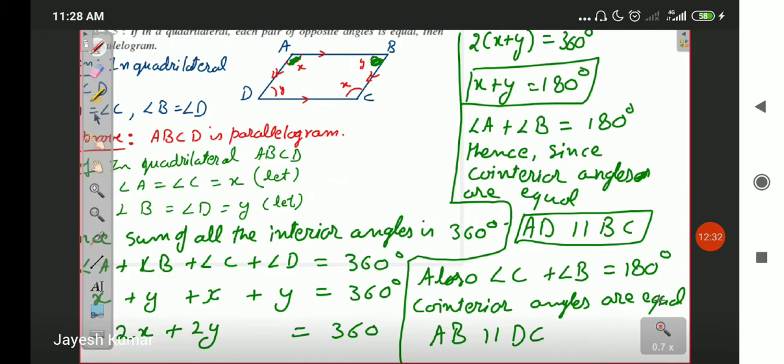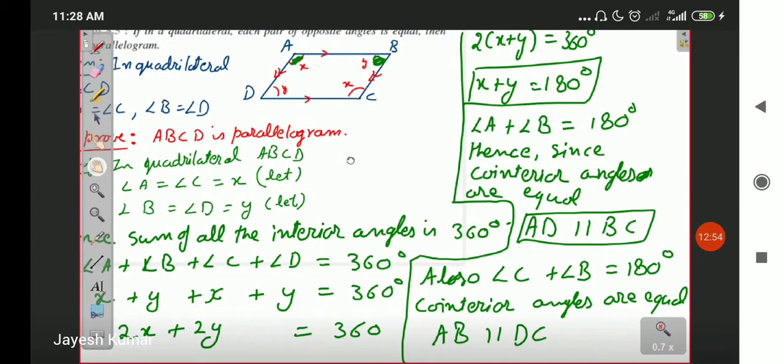Okay. Finally, you will write down the statement: since both pairs of opposite sides of a quadrilateral are parallel, then it is a parallelogram. I don't have much place to write it down. It is very cluttered as it is. I hope you don't mind.